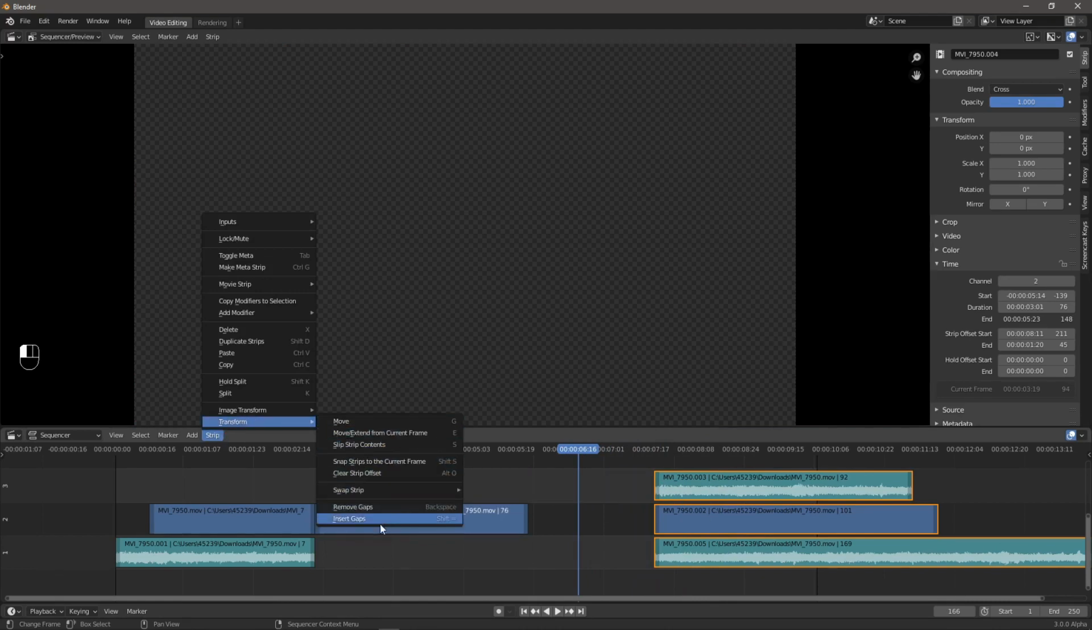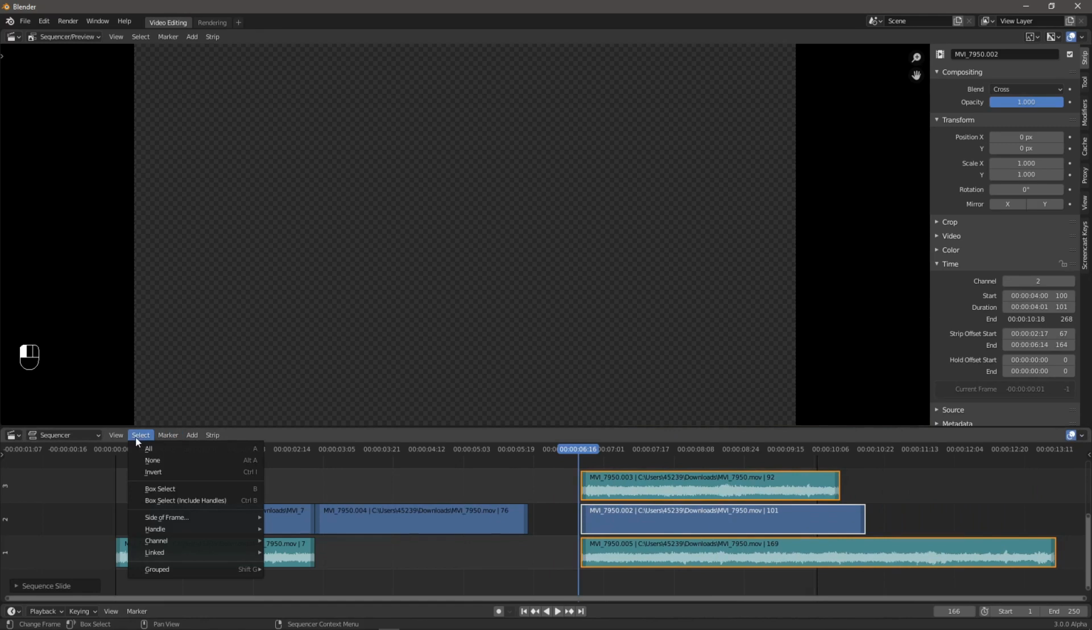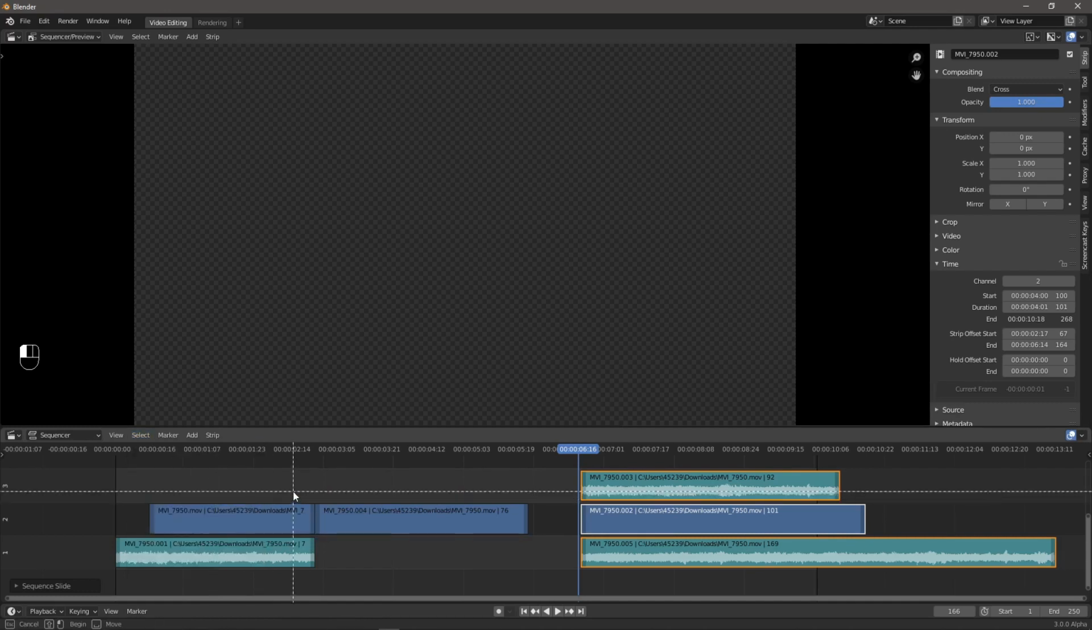Swap strips. Yeah, move, that is what you do when you're moving everything. You can also hit G, or just drag. Yeah, the selection is actually quite important because that determines what strips you can work on. And there's a feature here called box select include handles, but this is mainly for selecting the handles, which is quite nice if you need to